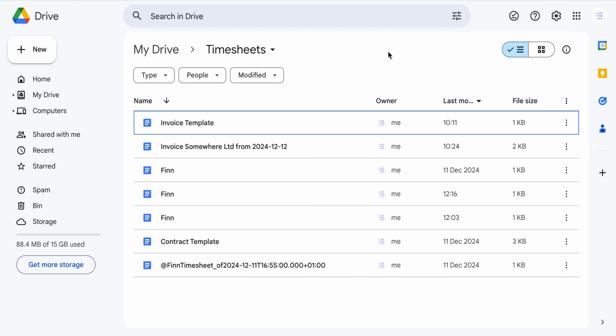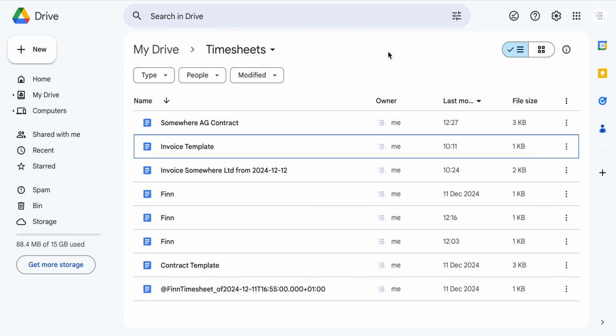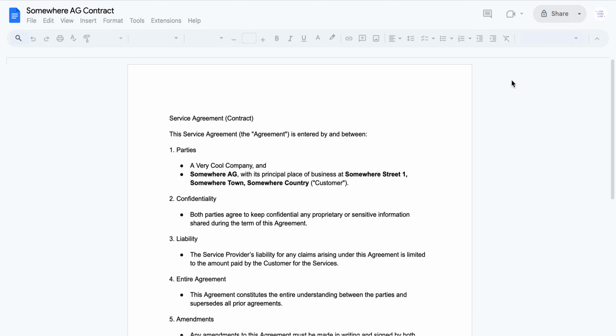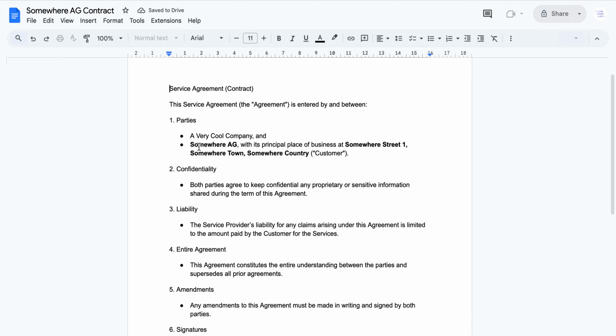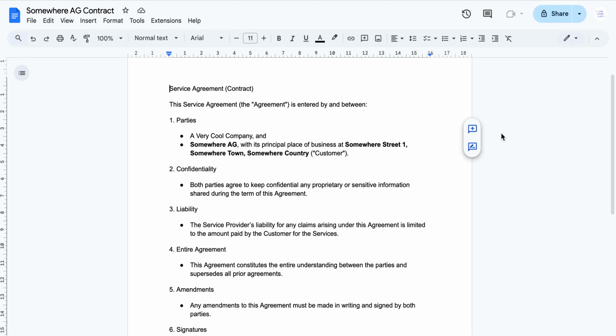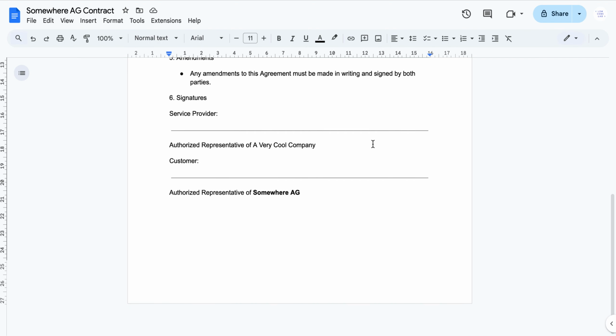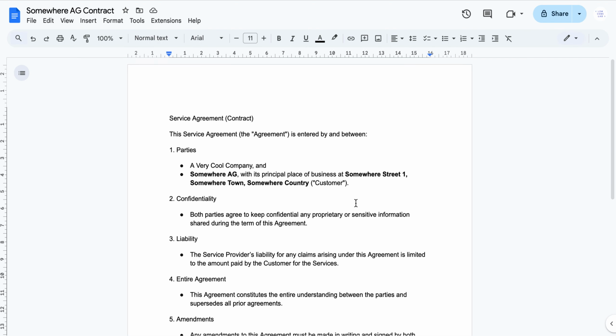And if we now go back into our Drive, in our Drive folder, we can see that the somewhere HG contract pops up. If we open it, we can see that it's the contract template, but filled out with the information from our Notion database. So we have the company name and we have the address and again the company name, which is really, really cool